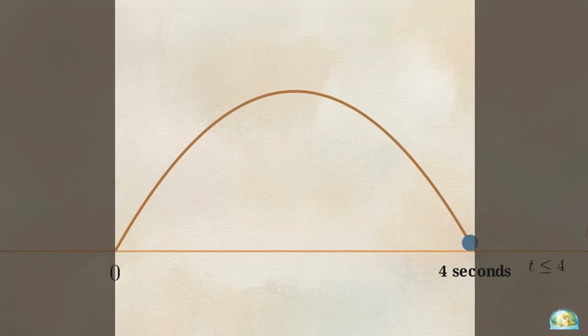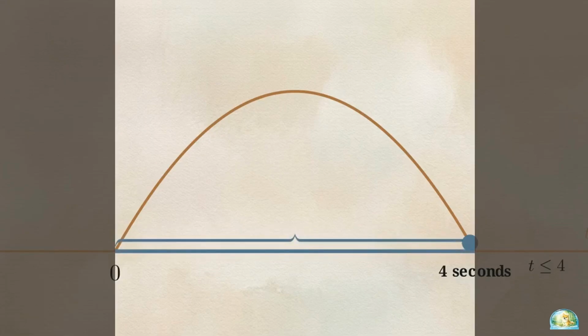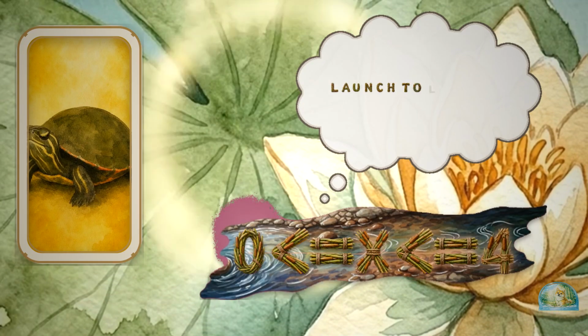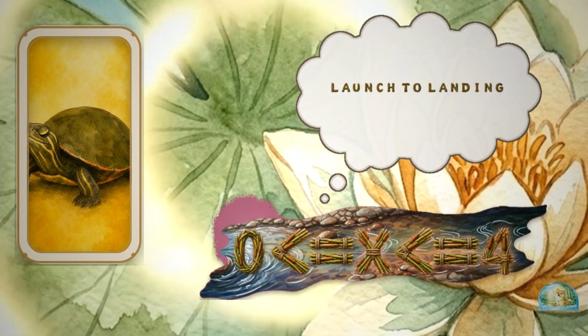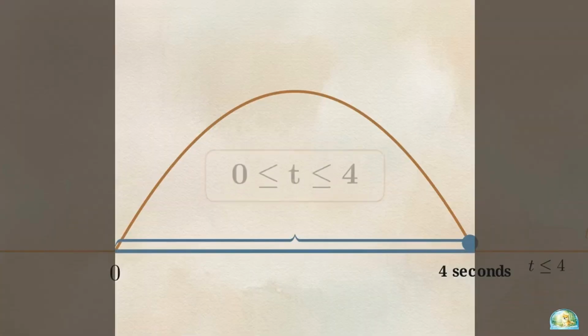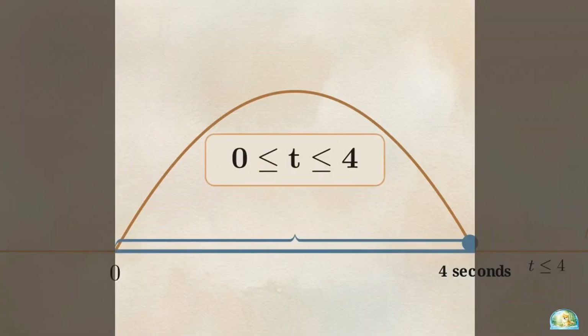Negative times can describe moments before a chosen time origin, but they are outside this launch-to-landing model. The model ends when the ball lands at 4 seconds. The time domain runs from 0 through 4 seconds. When relying on a visual model, the domain is strictly bounded by those physical start and end points on the input axis. Here, the domain is 0 is less than or equal to t, which is less than or equal